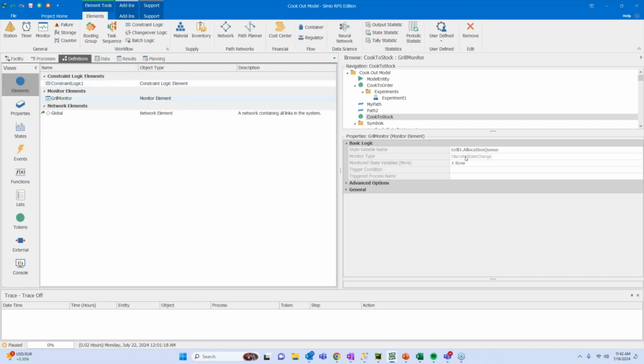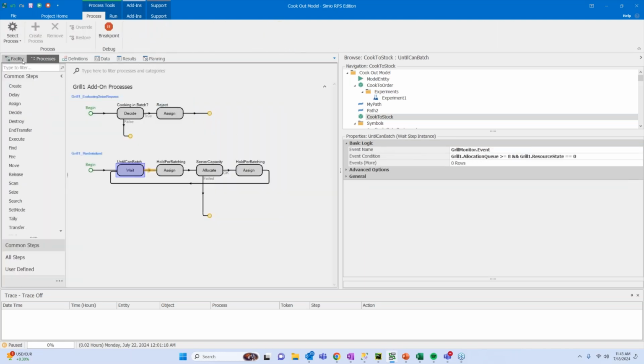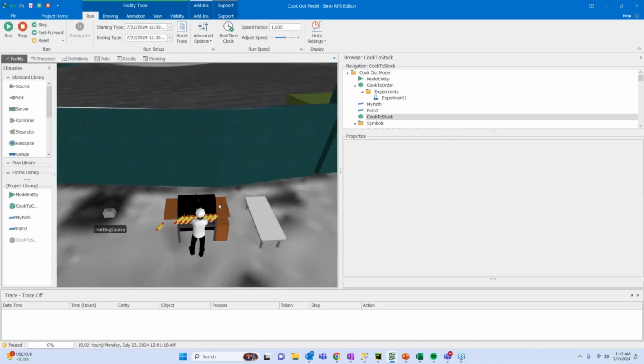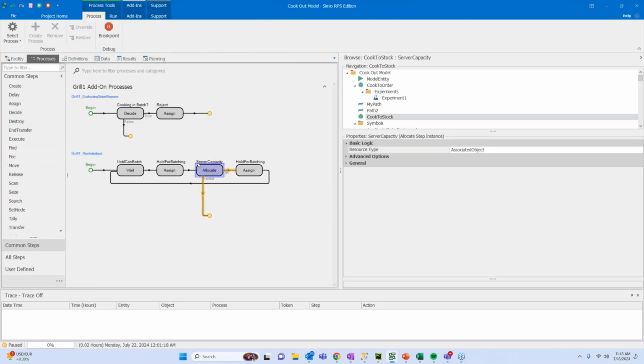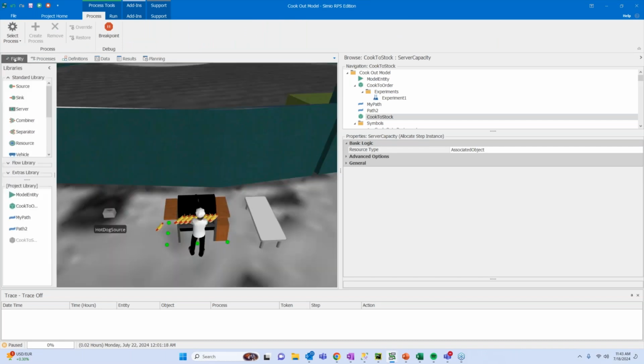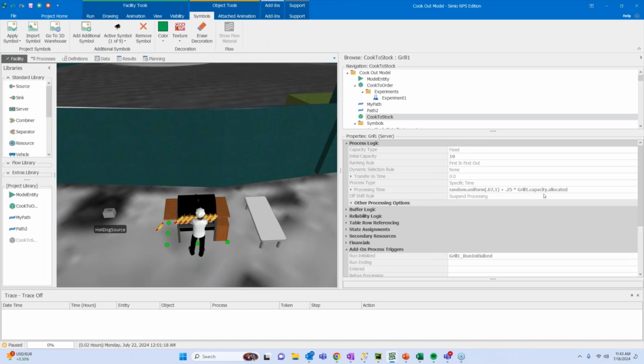And this monitoring event is going to check to see, is our queue greater than 8? Once we see that our server queue is beyond the range that we're seeking, we will then allocate the server to take all of the queue members at one time, and they will be processed simultaneously.